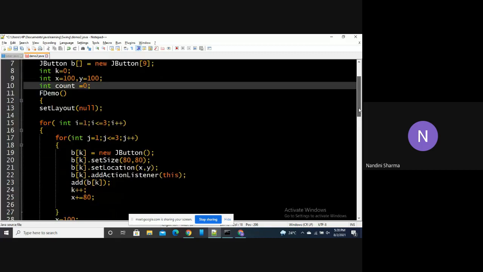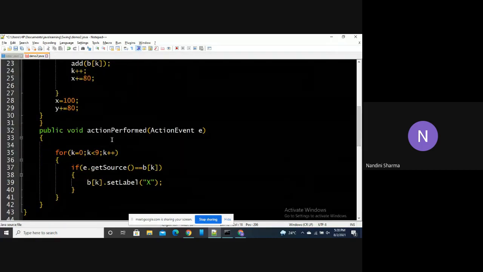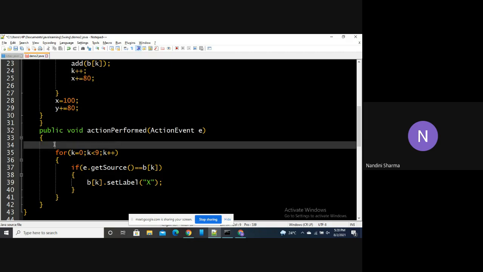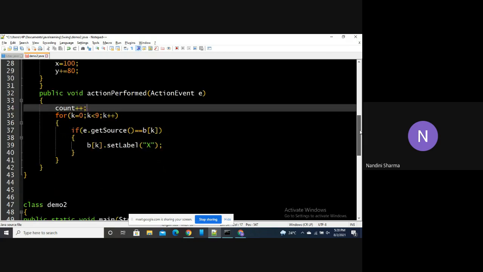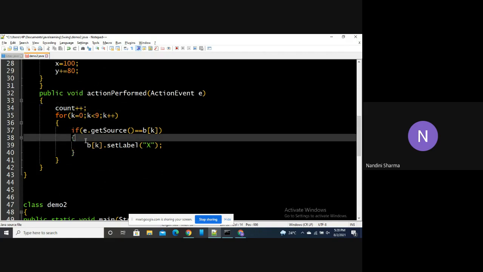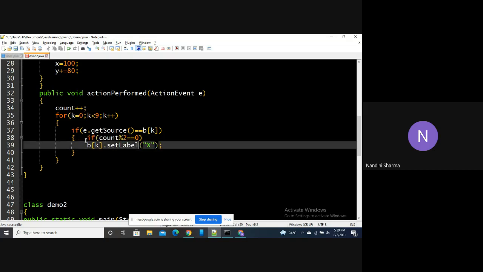Now, after the very first action that will be performed, we will increment our count by 1, and we will set the condition as: if count is even, then X. The way to check a number is even is to divide it by 2, and if the remainder is equal to 0, the number is even.